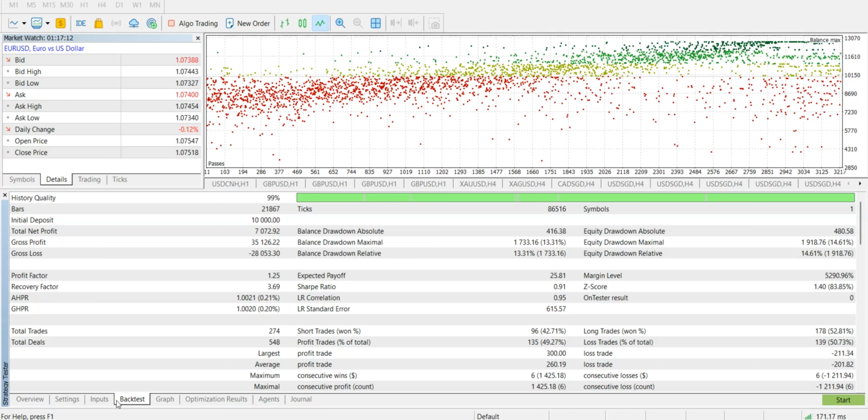Hi traders, in this video I am going to add some more functions and some really useful features to the EA. If you don't know, this is a part of the coding series where I am showing how to code a quality EA with ChatGPT, and it is because, first of all,